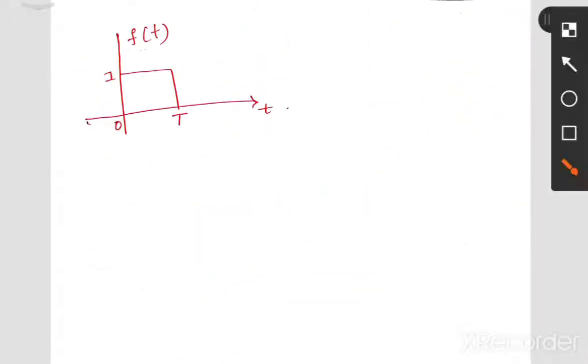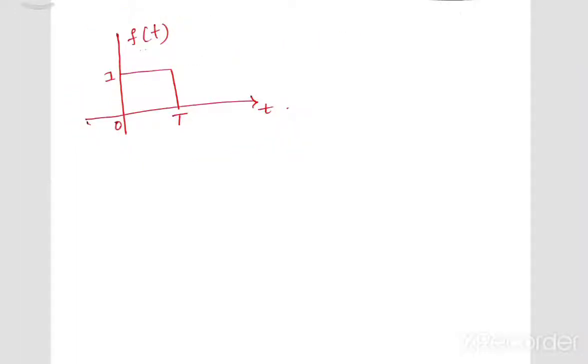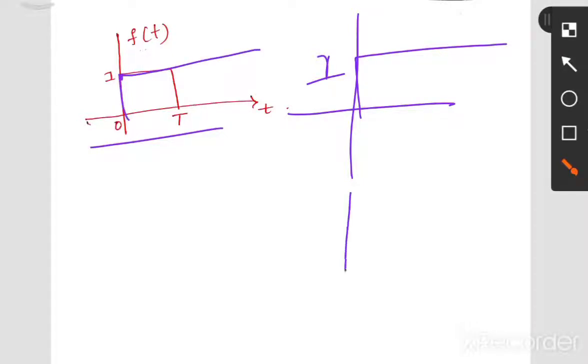A step function is indicated as f of t and will have its unit step also, where unit step means its magnitude will be 1. We have a ramp function, indicated as f of t again, but we have a unit ramp function also, indicated by r of t, and the impulse function will be indicated by delta of t. We'll see each of these definitions and how the signals have to be represented.